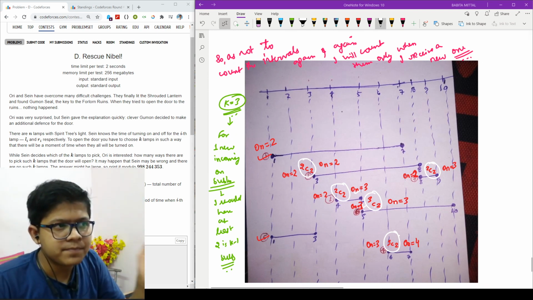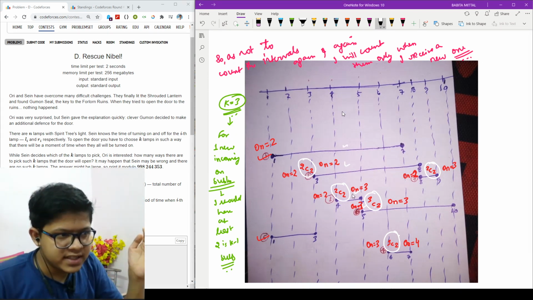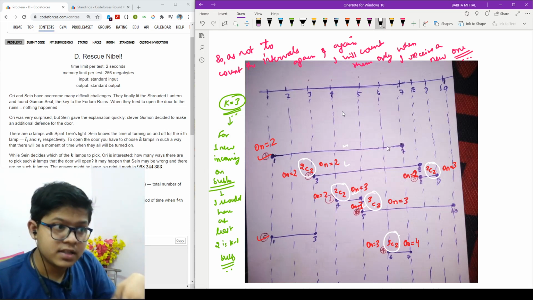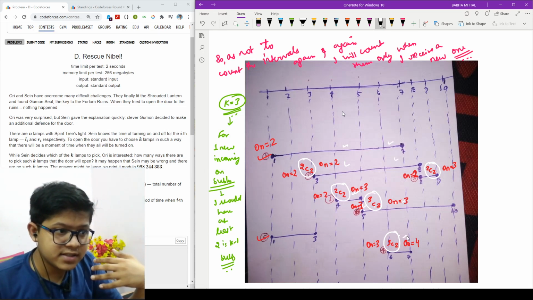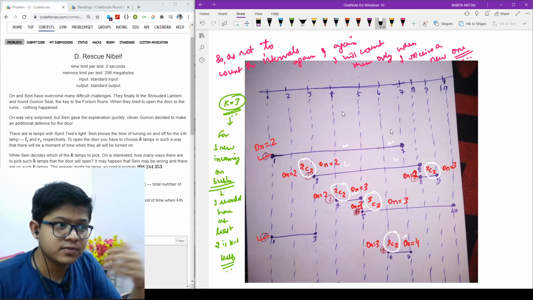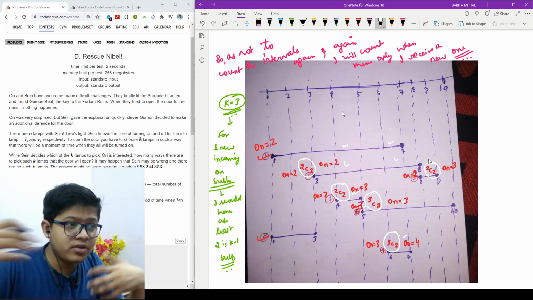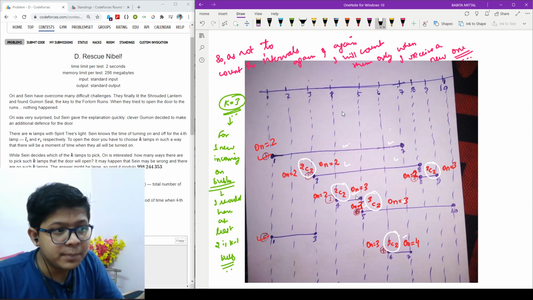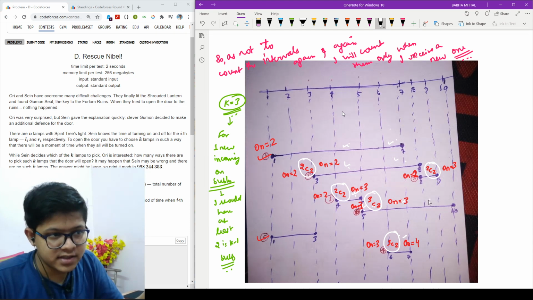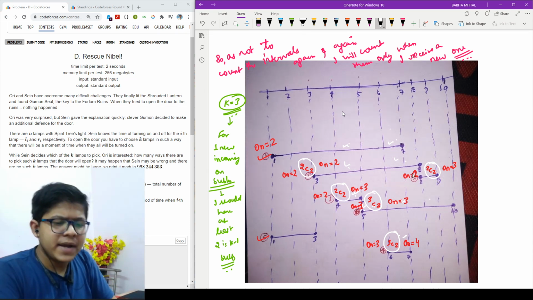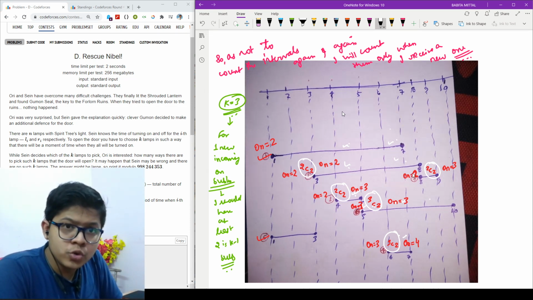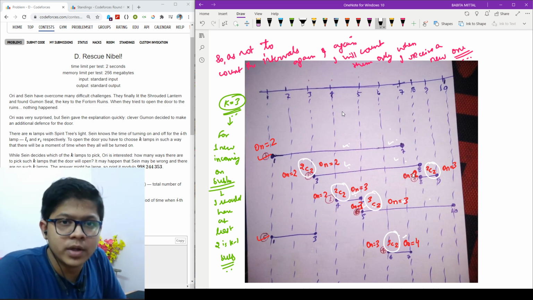Why? Because if you choose these and these, that is 4 intervals. Again you choose this, so it is again 4 intervals, so 4C3 plus 4C3, and if you still add some more, it will exceed your answer because there are repeated intervals, like this and this, and here this and this. So it's better that you always choose an interval which is a new one.